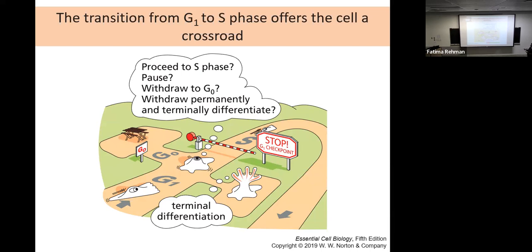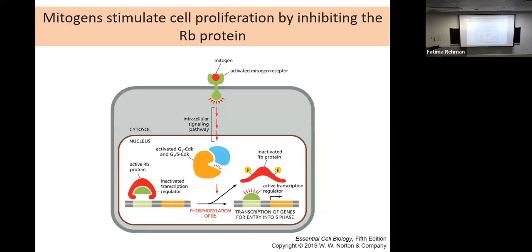If, instead of growth factors, you suddenly have differentiation factors, it will completely exit this whole process and instead turn to terminal differentiation and become a differentiated cell. So there are several things that can happen at this G1 to S transition. That's a very important checkpoint. The most important one during the cell cycle to continue, stall, or stop the cell cycle.